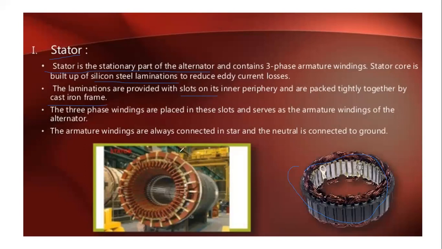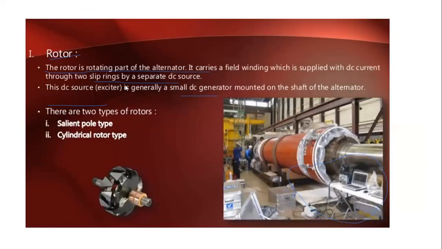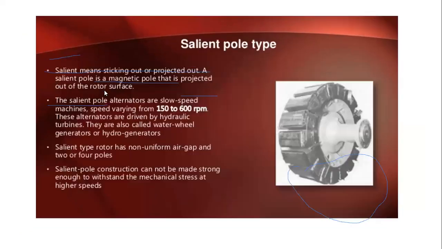Each and every slot has laminations on the inner periphery, packed tightly together by the cast iron frame. The three-phase windings are placed in these slots and serve as the armature windings. This is the practical view of a stator. Understand? Next, coming to the